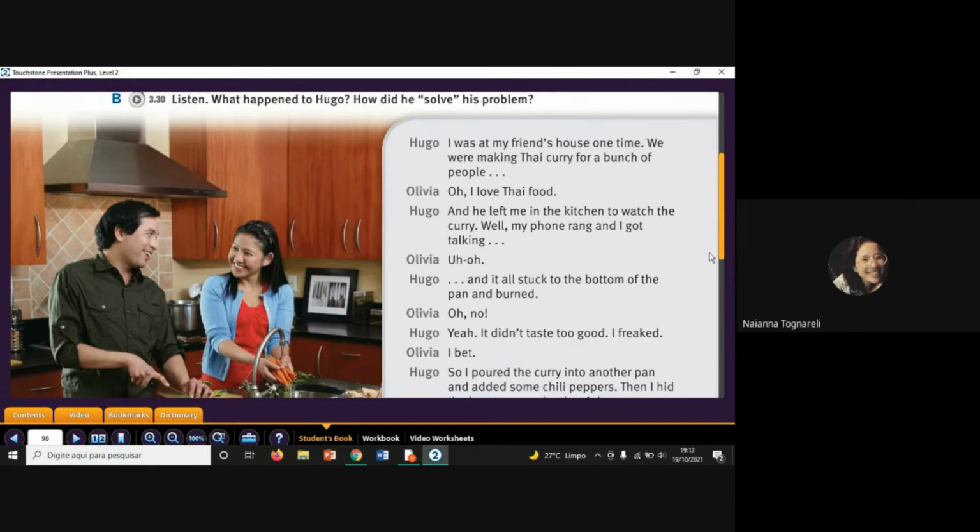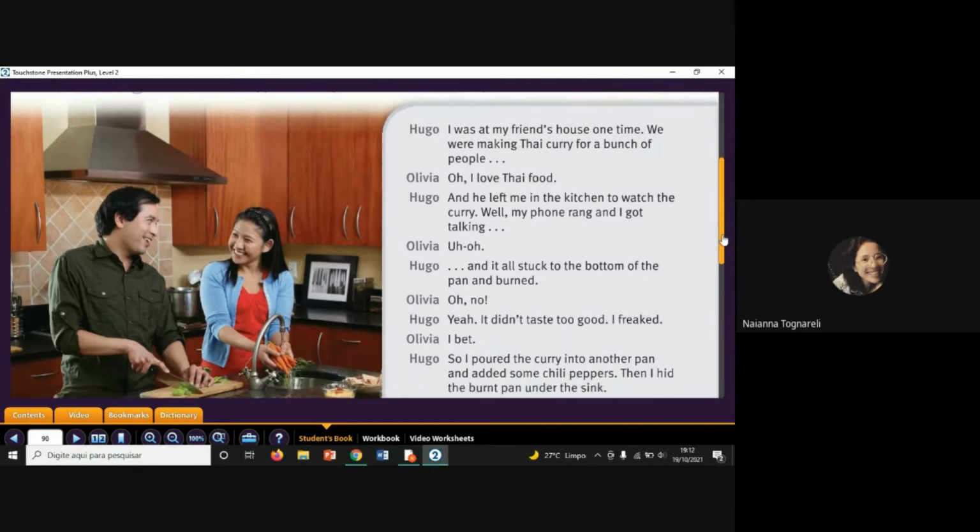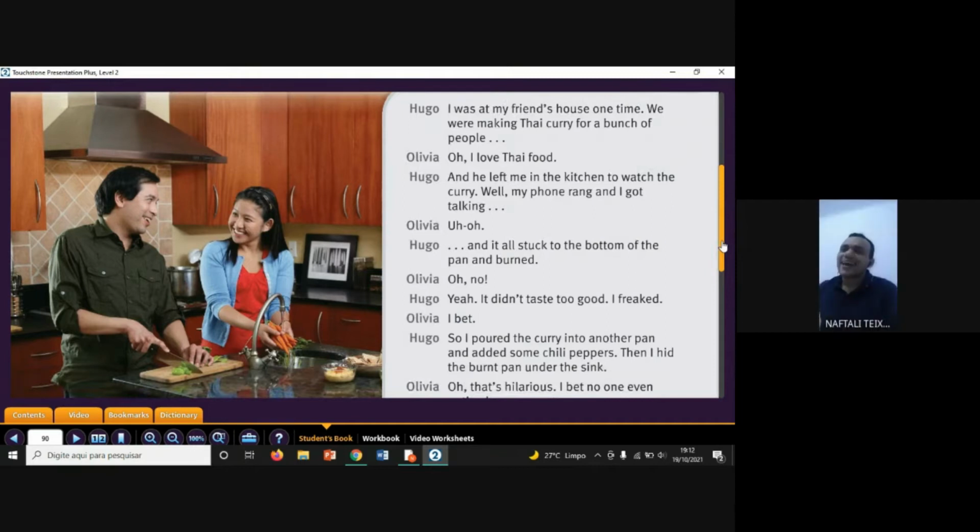Quando ele fala stuck to the bottom. Stuck to the bottom. Yeah, stuck to the bottom. Stuck é ficar preso, certo? Ficar preso, bem embaixo, na parte de baixo da panela, no caso. Tá? Stuck to the bottom. Ficar preso na parte de baixo. Okay? No caso aqui tá no passado, tá, Laiana? Stuck, ficou preso, né? Stuck, ok? Aí ela fala, I bet, é tipo, eu imagino?